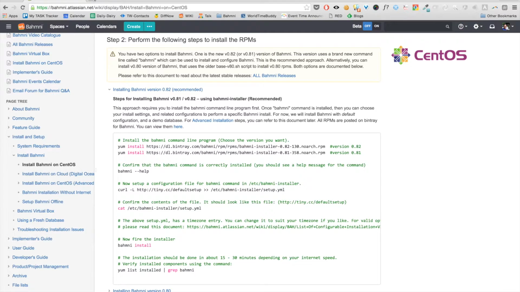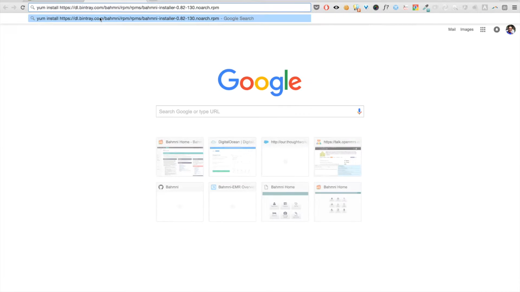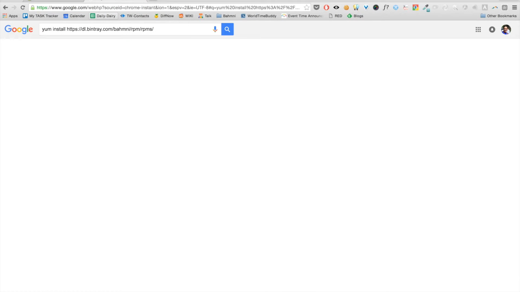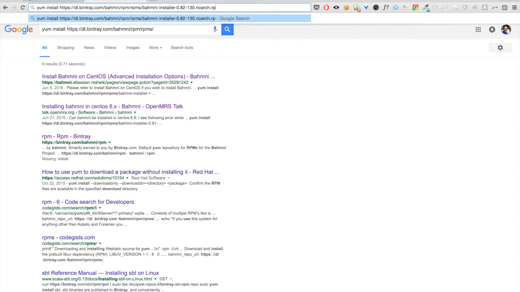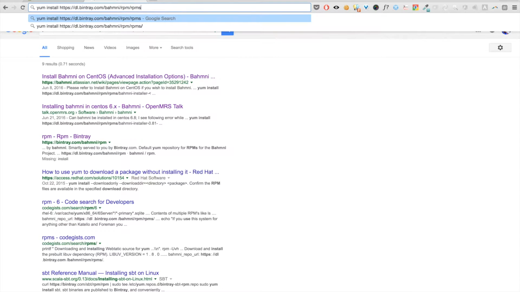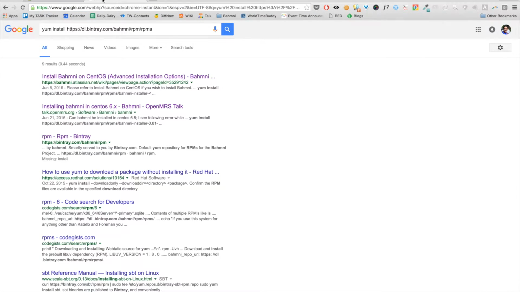I can actually see all these in my browser also. If I paste this in my browser and just remove the front part, I should be able to see all of these. Let's check them out. Why isn't Google letting me do this?